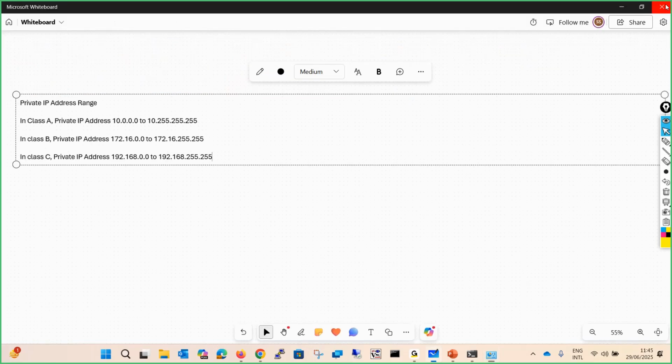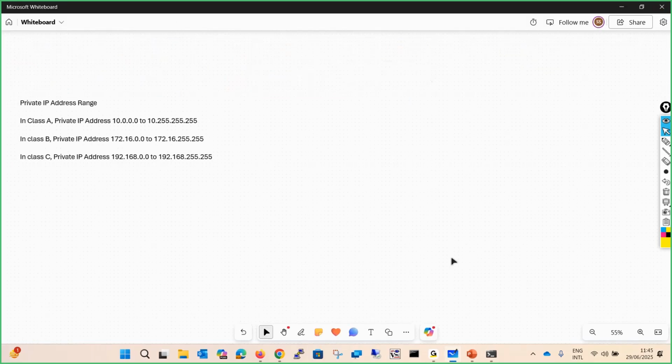Is it clear? You got an idea, right? How to see the IP addresses, how your computer supports DHCP as well as static IP addresses. Everything is clear. Now, before we leave,